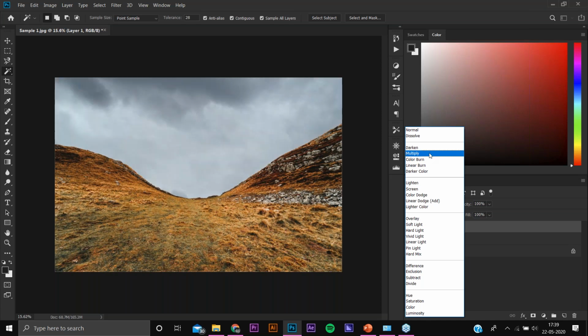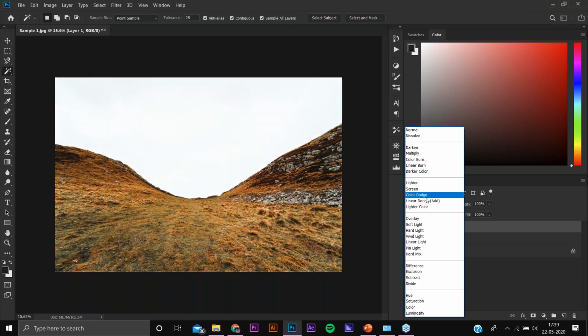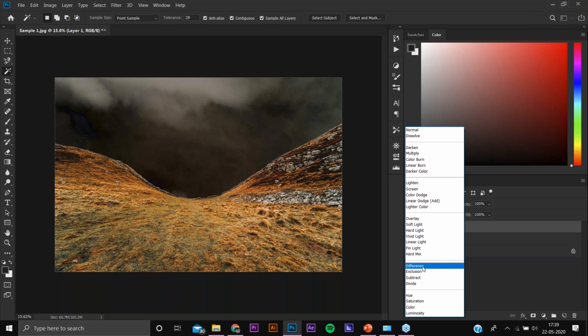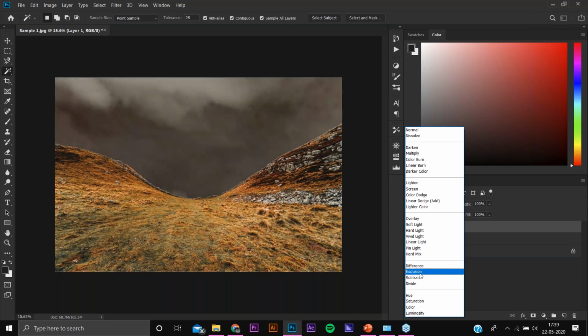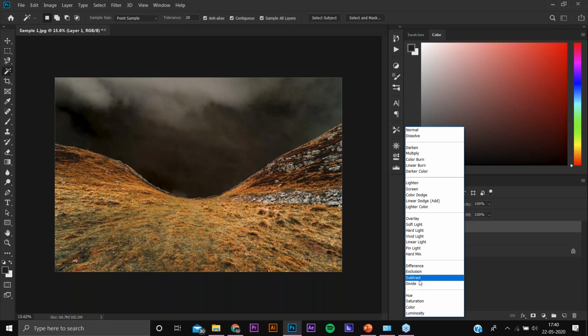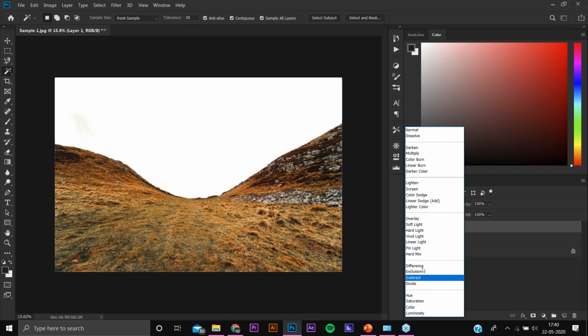So I think in my point of view, multiply is looking way better than the others. Like I said, in difference, it will show some VFX type of thing. So we will be selecting multiply.